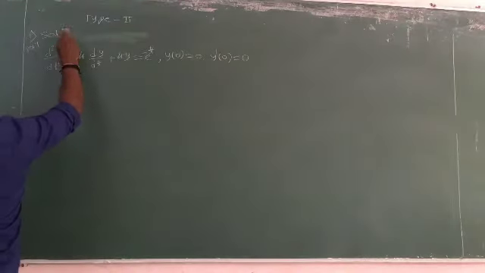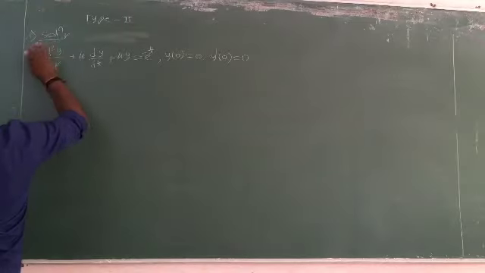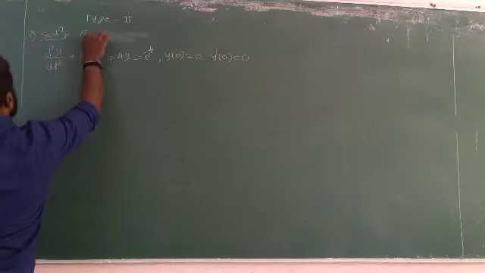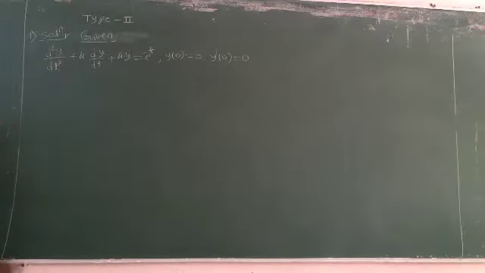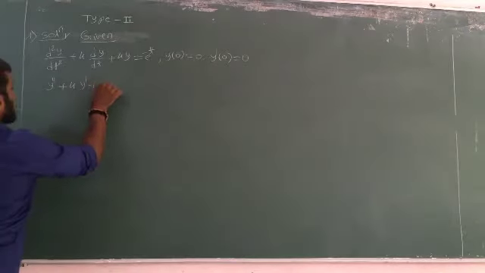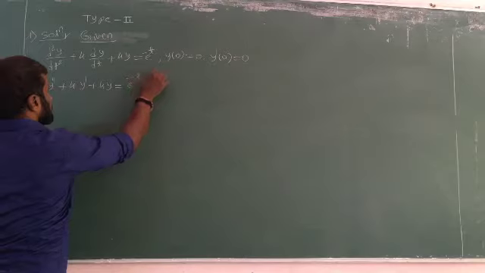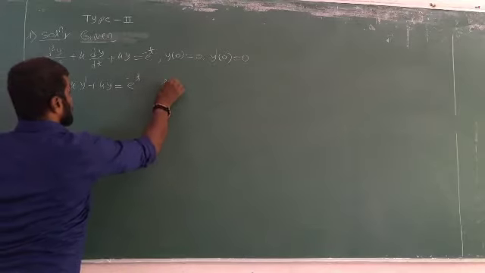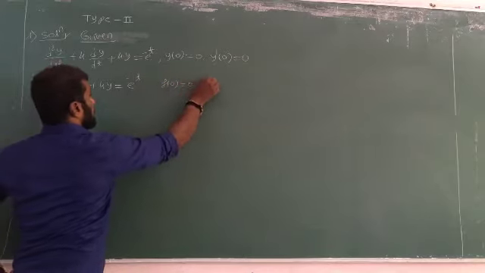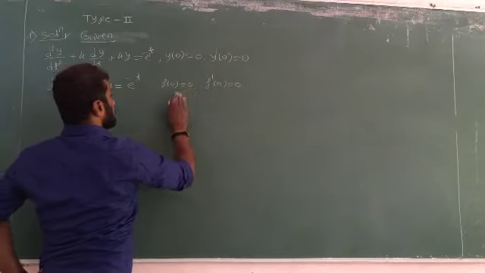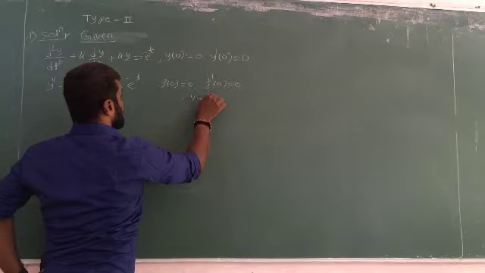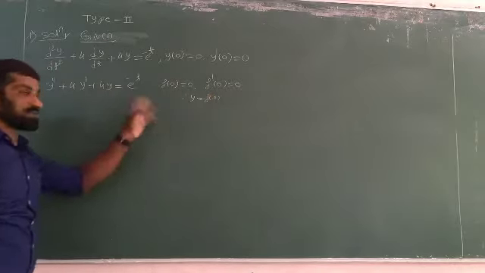Solution. Write down the given equation. This is given equation number 3, then write its symbol of derivatives. So I can write y double dash plus 4y dash plus 4y equal to e raised to minus t. y of 0 can be written as f of 0 and f dash of 0 is 0, because y is equal to f of x. Using this condition I can write it like this.